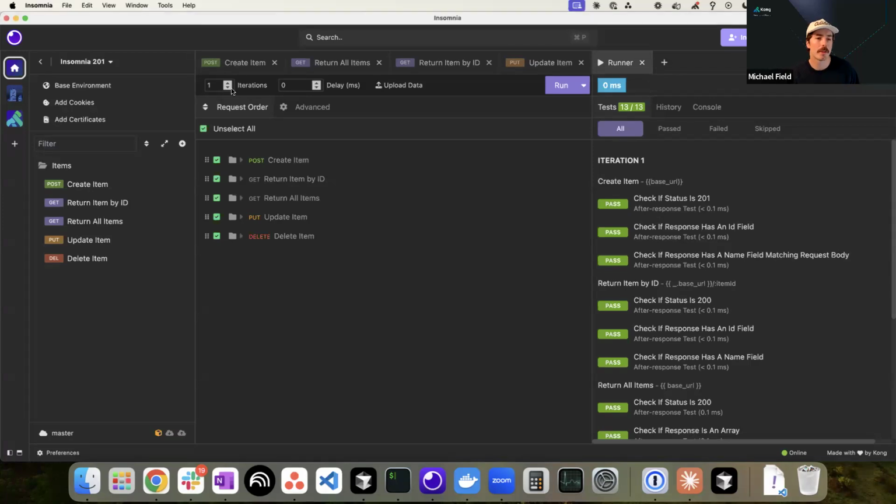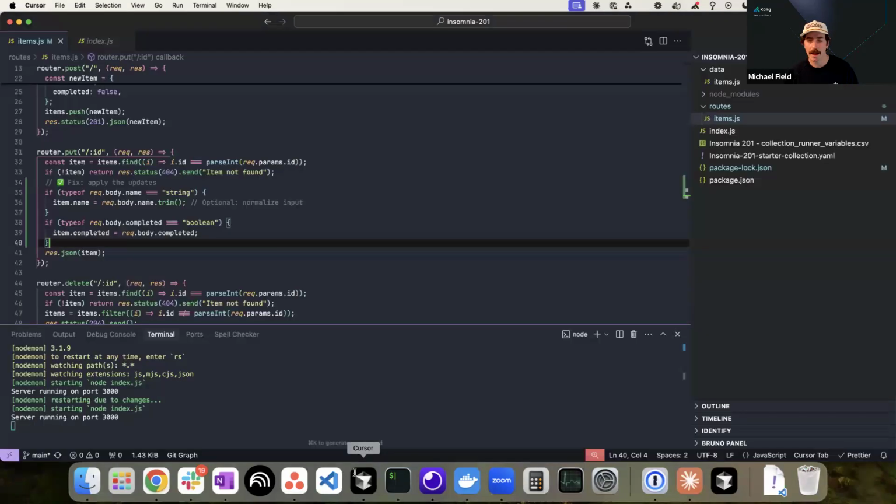So again, I could just bump up the number of iterations, but I'm still sending the same data every single time. So what we want to do is upload some data to dynamically populate each of these endpoints for every iteration. And so the way we're going to do that is if you look back inside of the Git repo